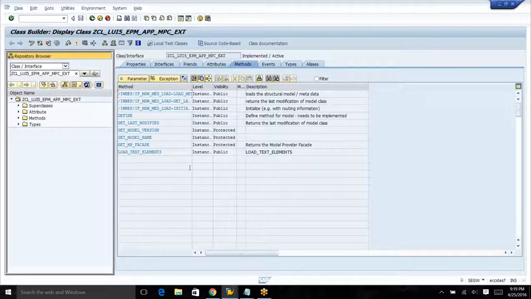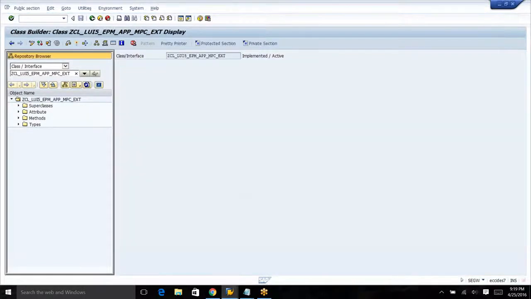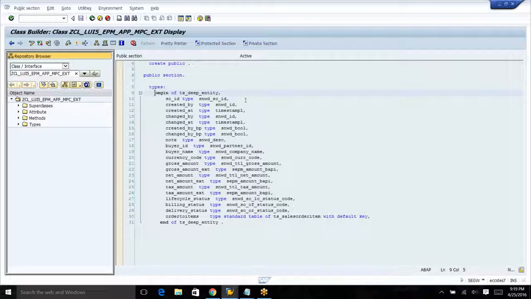What I wanted to do here is create a type with sales order. This is the entity that I wanted to create. I name my type ts_deep_entity. Basically it is a type which will have